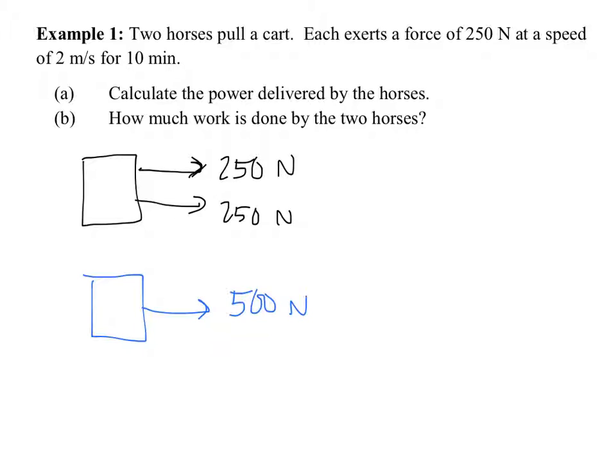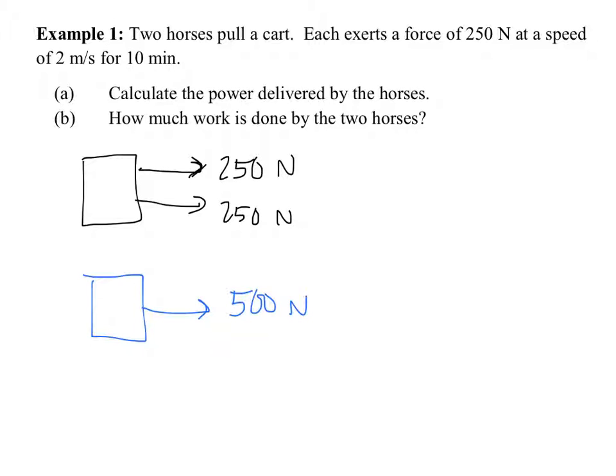Now, we're also told in this problem that we're given a speed that the horses move at, 2 meters per second. That's a pretty slow speed. Think about it for a second. I'm going to demonstrate 1 meter per second. You could always think about this visually: take a big step of about a meter every second. So this is about 1 meter per second, whenever you forget what velocities or speeds are, relatively speaking. So 2 meters per second is not very fast.